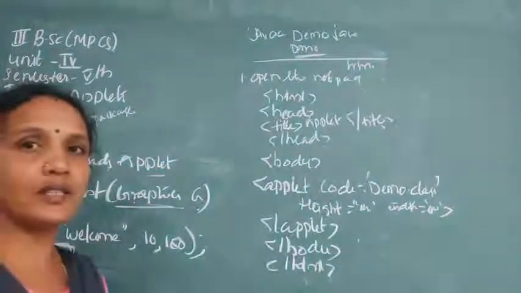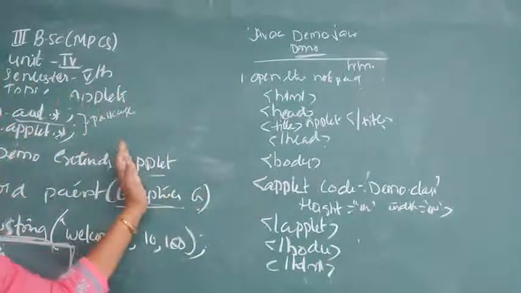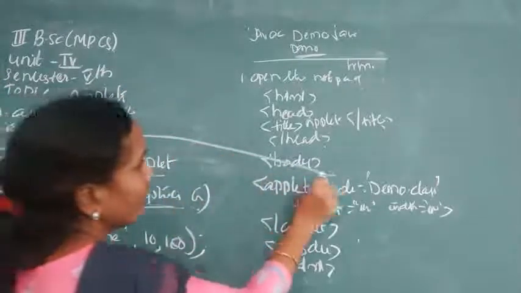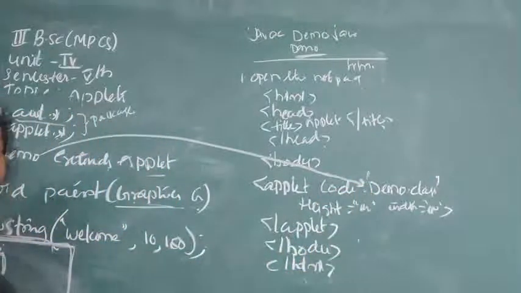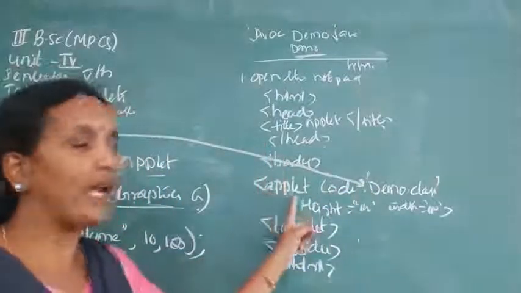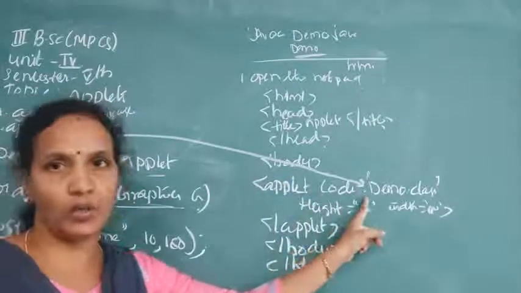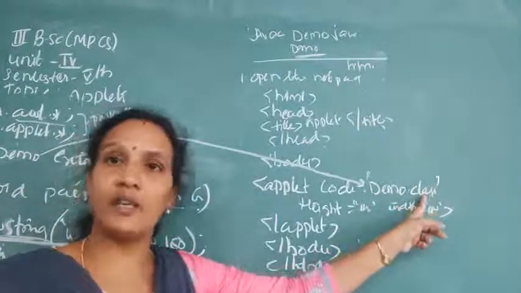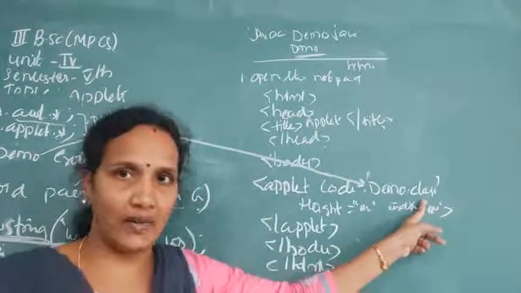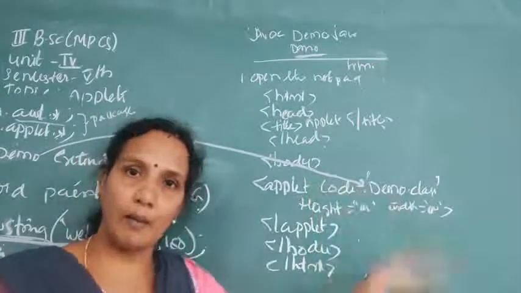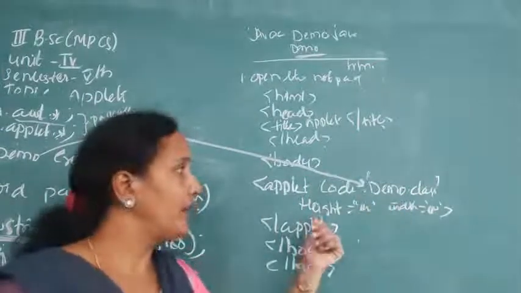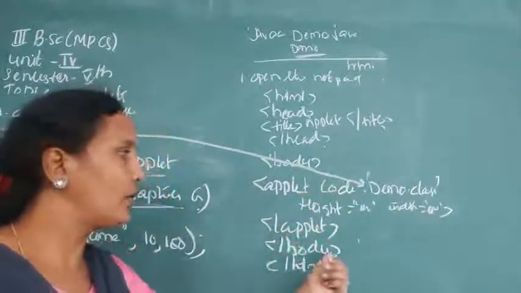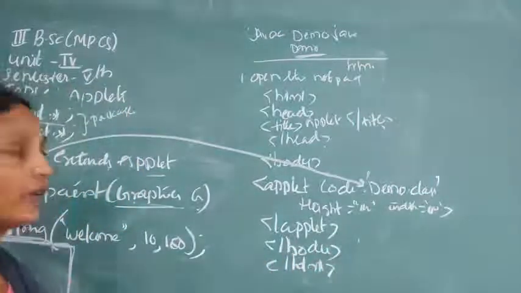Okay, so this is about HTML and this is about Java. So whatever Java file we have created here, we are including inside the HTML page in the body section by using the applet tag. Applet code equals to name of the Java file dot class, because here we are taking a dot class file only, not a dot java file. Dot class file means it is an already compiled program we are taking. Next, height equals to 100, width equals to 100. After that, close the applet, close the body, close the HTML. Now come to the execution.